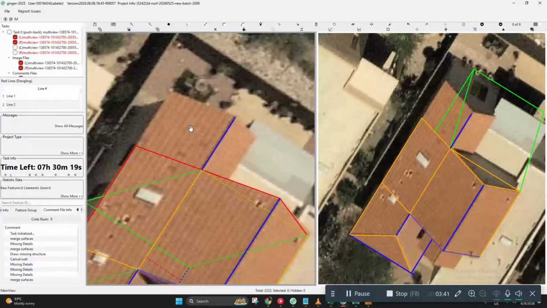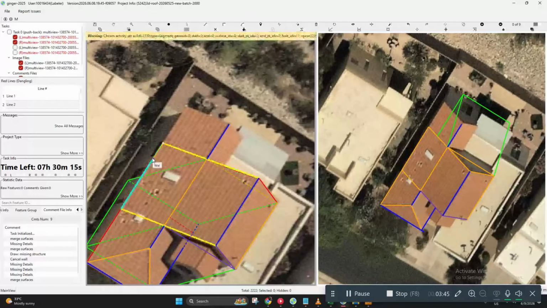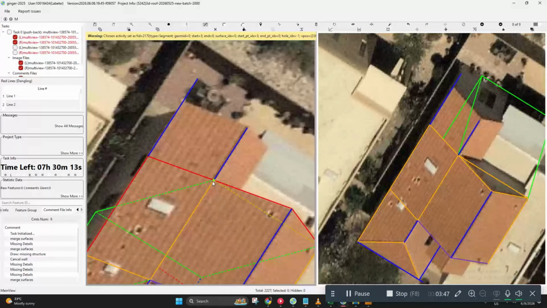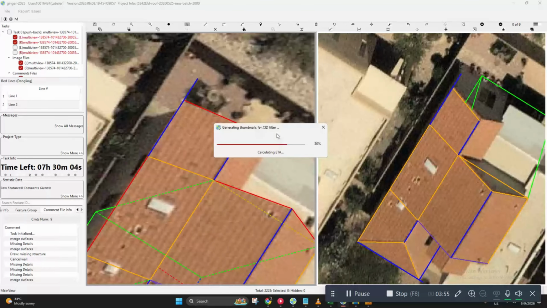And for this part, same procedure, guys. Let's add an assist line like so. Like so. Let's check other views.